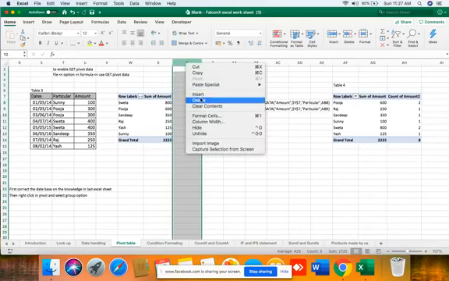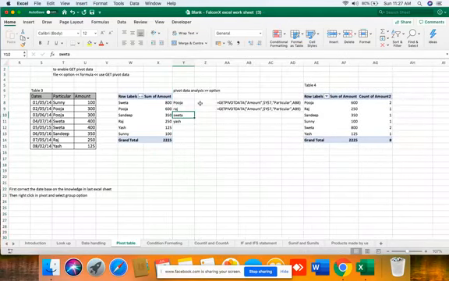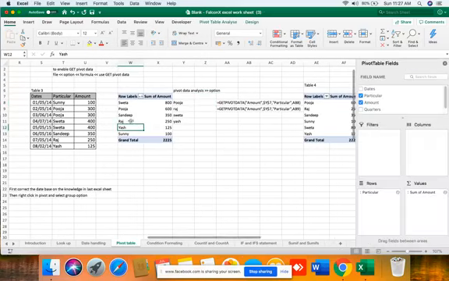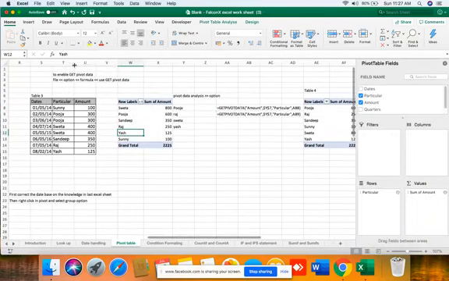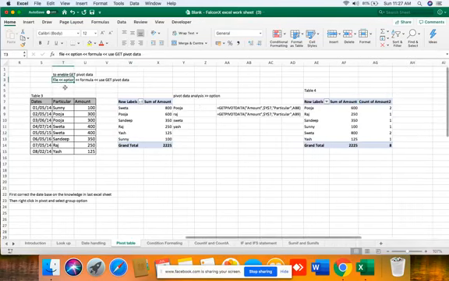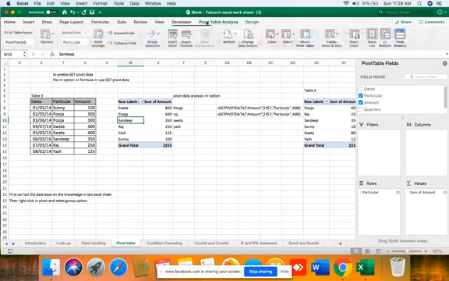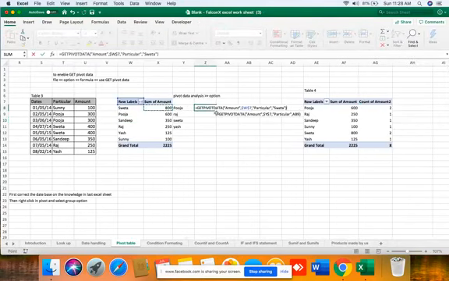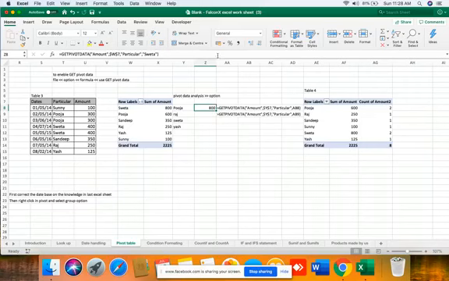So how can we handle the data if it's from the pivot table? There is one formula called GETPIVOTDATA. For Windows users, if it's not enabled, the path is written here: File, Options, Formulas, and somewhere in the middle you can enable Use GetPivotData. For Mac users, it's under PivotTable Analyze, Options, the third option. I have enabled it.